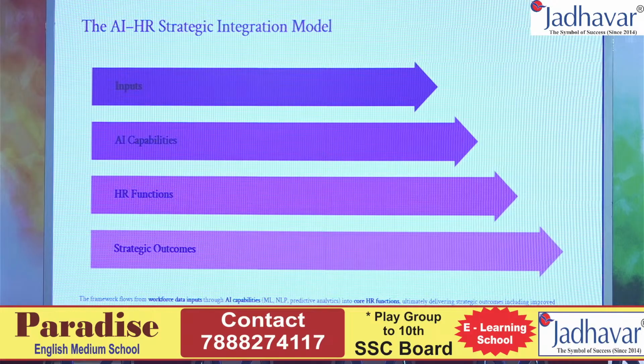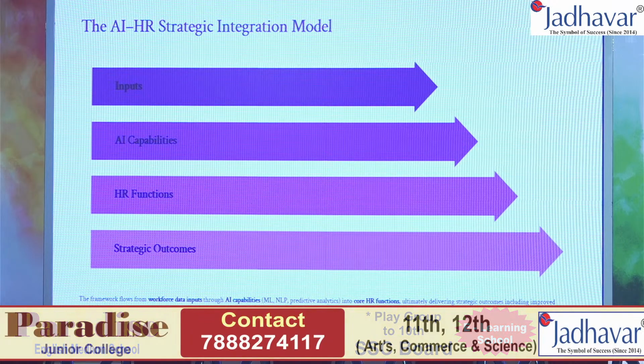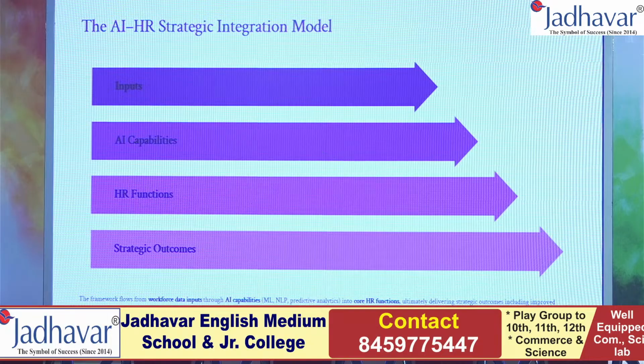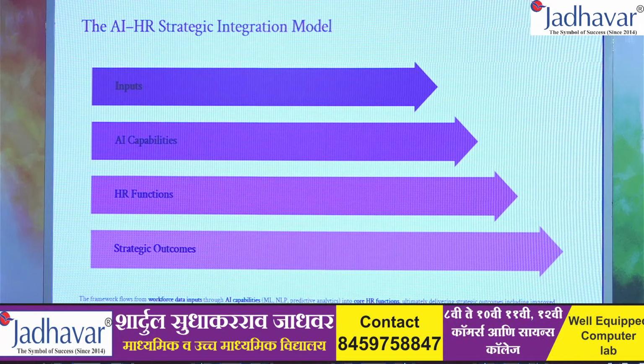And strategic outcome. As we said, in traditional marketing, in traditional HR, we used to work on an intuition basis. It used to take ample time to understand the process. But with the help of AI, the decision becomes more correct and accurate, if we feed the correct data. Everything is conditions apply. Next, please.